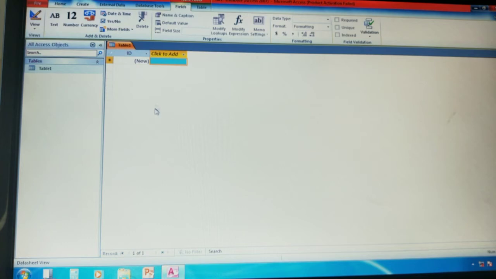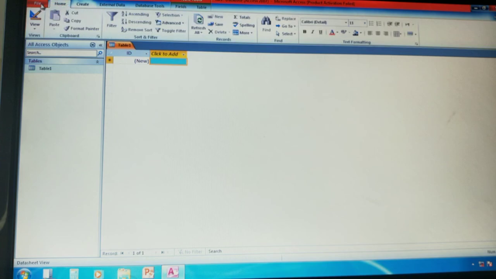In this interface, as usual, you already know the topmost part we call the title bar, and below the title bar we have the ribbon part. Above the ribbon we have the tabs, right? We have the file tab, home tab, create, external data, database tools, fields, and table.